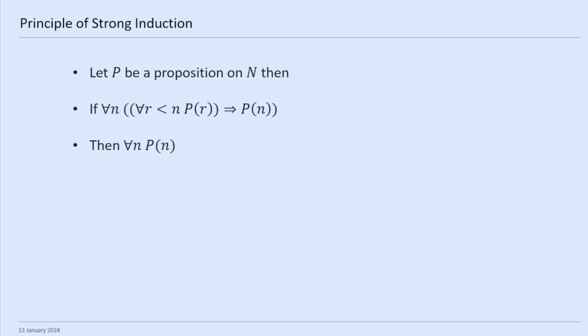The next one is slightly different, which is the strong principle of induction, which says that if P is a proposition on the naturals, and if the truth of P for all r less than n implies the truth of P for n, then we know that P(n) is true for all natural numbers. So let's just talk about that a bit. Let's say if we know that the truth of P for 1, 2, 3, 4, 5 tells us it's true for 6, and the truth for 1, 2, 3, 4, 5, 6 tells us it's true for 7, and the truth for 1, 2, 3, 4, 5, 6, 7 tells us it's true for 8,